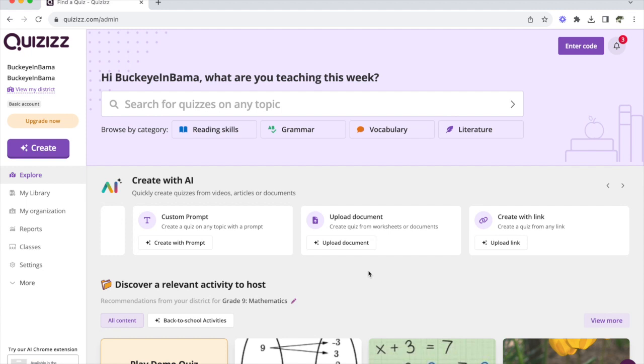Let's imagine for a second that you're an English teacher and you're having your students read some primary sources. This is a great way for Quizzes to generate questions based on that primary source. And of course, you can always edit them later. I'll show you some of the customization options, but that would be a place where I might upload a document